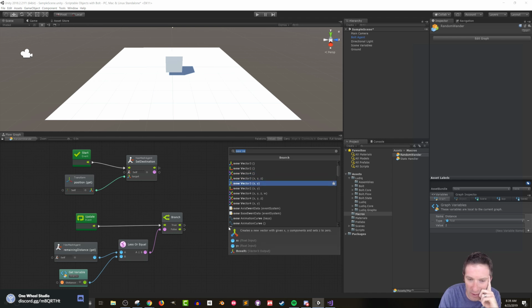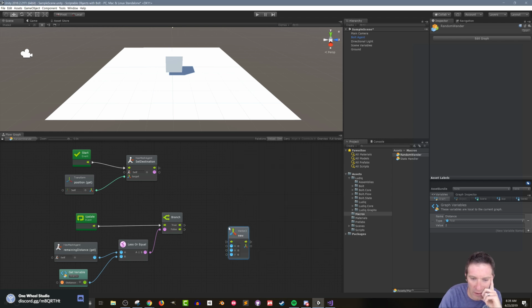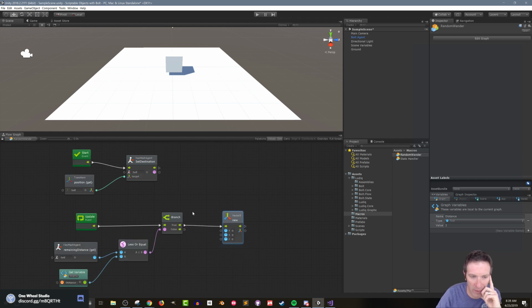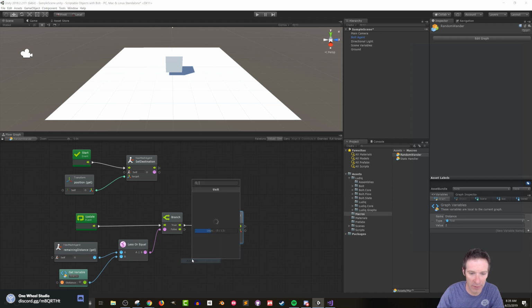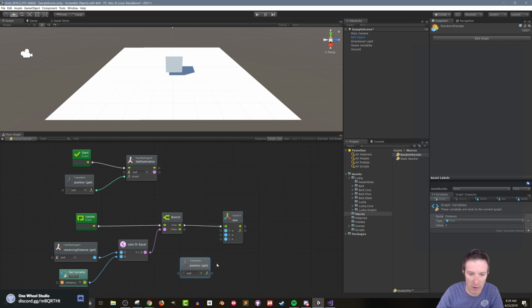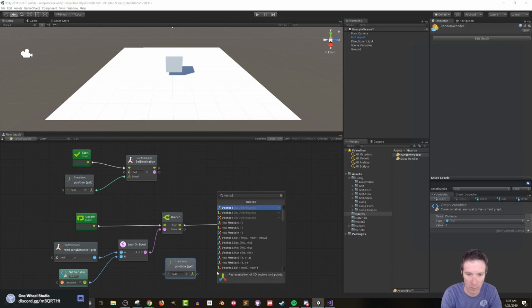I wish I had a. I just want to copy a vector, and that's a piece I'm not. All right, we're gonna do it the hard way. So we're gonna do something like that, and then we want the position of transform position. We want to get the position, and we are then going to